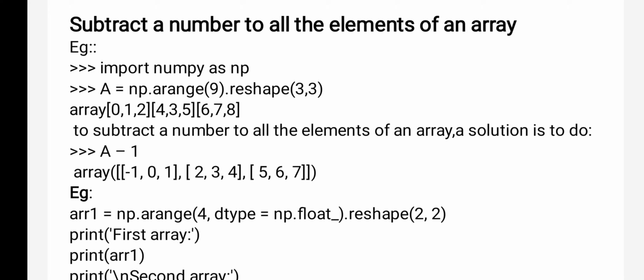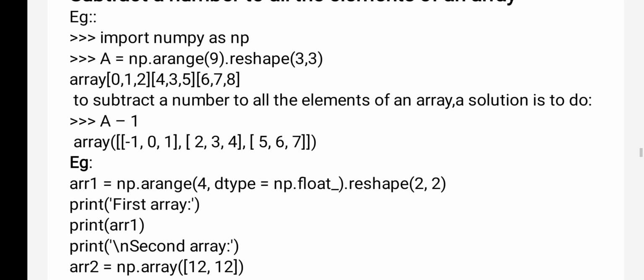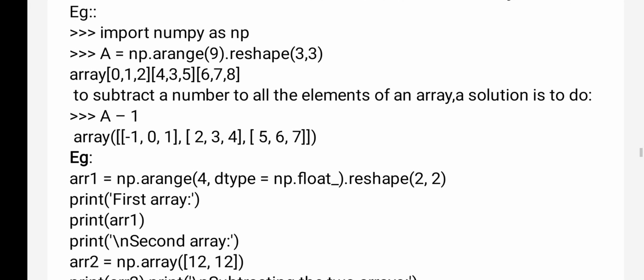Now I am subtracting 1 from each and every element. You see the fifth line, a minus 1. So 0 minus 1, minus 1, and 1 minus 1, like that. 2 minus 1, 1. Okay, actually here the values are interchanged. 3 minus 1, 2. 4 minus 1, 3. 5 minus 1, 4, like that. 1 is subtracted from each and every element.